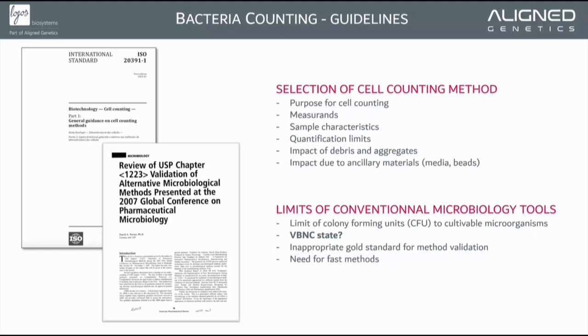The USP Chapter 1223 in the European Pharmaceutical Review clearly highlights how inappropriate it is to consider the CFU, which is the colony forming unit method, as the gold standard, as well as the need for the fast method as well. Obviously, the fact that lots of bacteria, including pathogenic bacteria, can turn into a dormant and non-cultivatable state,